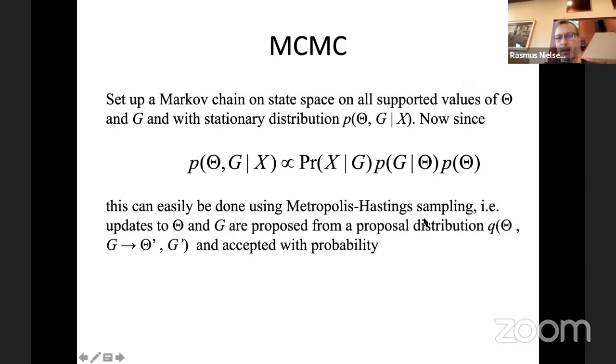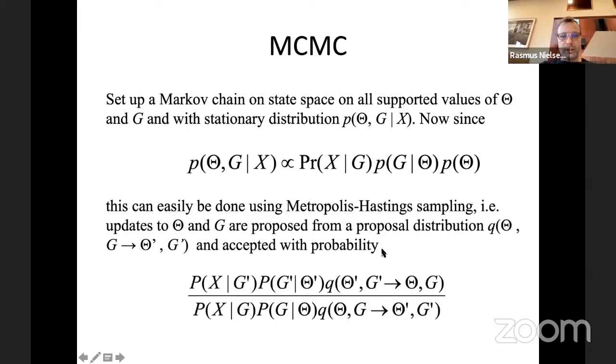We can use Metropolis-Hastings sampling, for example, to set up a Markov chain that samples from that by proposing changes to the current state. You're currently in a state theta and g, and you want to go to theta prime and g prime. You propose a change to the current state, and you accept it with this function here,